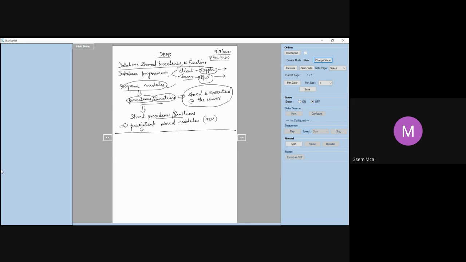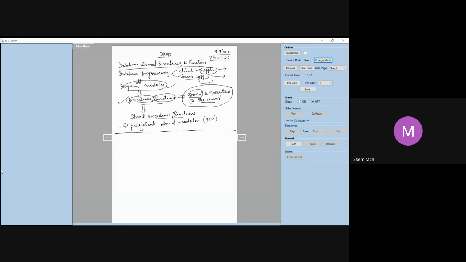Now, sometimes for certain applications, it may be useful for us to create something called database program modules. Okay, you try to create some program modules. Program module means what? It is nothing but your procedures or functions, similar to a procedure or a function that you write in your C program, right? So you are trying to create some program modules, some procedures or functions. Now these procedures or functions are going to be stored and executed also at the server itself.